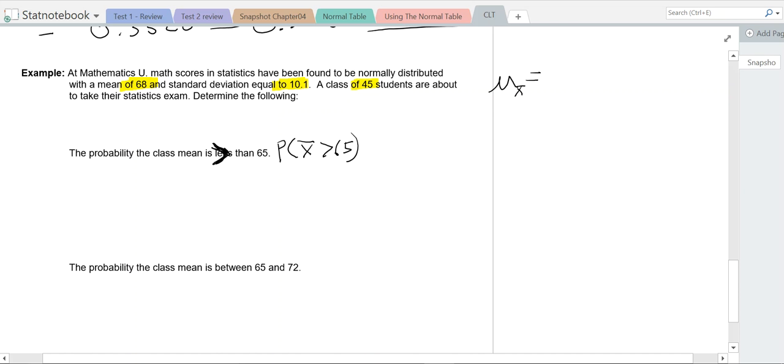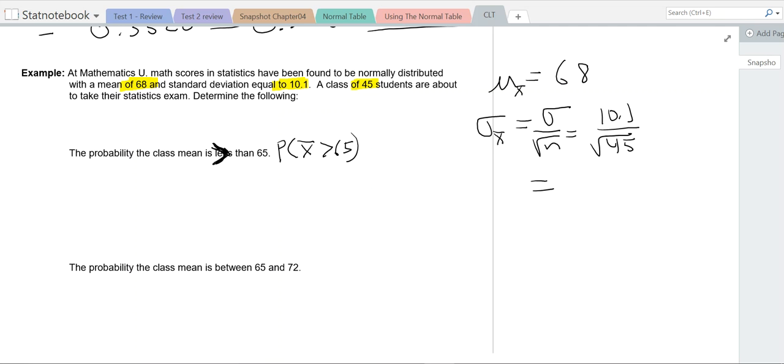Well, that's just the mean of the population, 68, from the central limit theorem. We need to know sigma of X bar, but from the central limit theorem, that's sigma over the square root of n, right? And sigma is 10.1. N is equal to 45. Do your math, and after you do your math, you're going to find out that sigma turns out to be